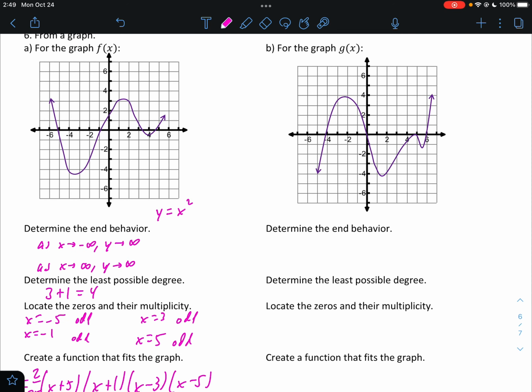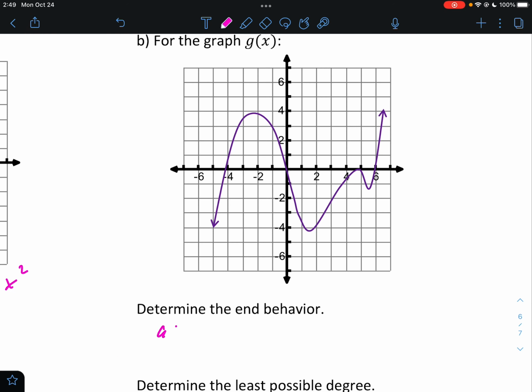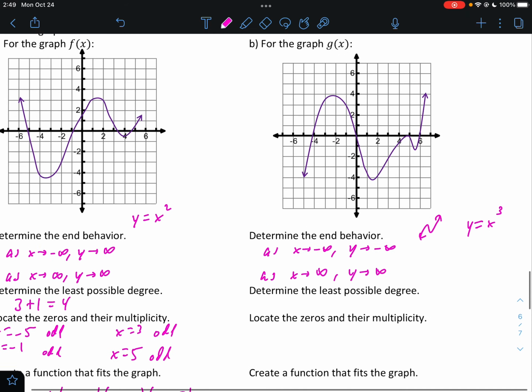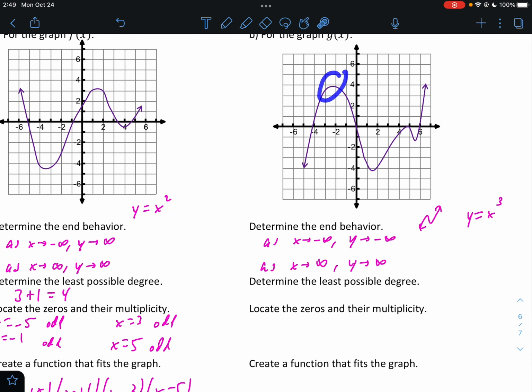Last one. As x goes left, y goes down. As x goes right, y goes up. So this is going to be a cubic, right? It's going to look like a cubic, I mean. It's going to be a positive odd graph when we're done. The least possible degree, all right, so there's 1, 2, 3, 4 turns, which means the least possible degree is 5. The zeros, -4, 0,